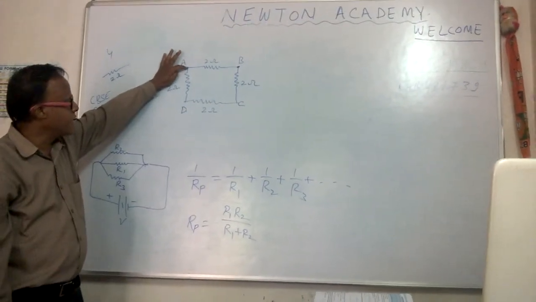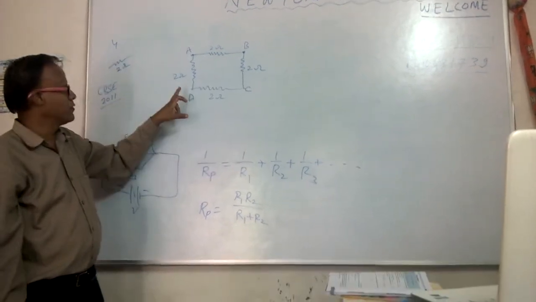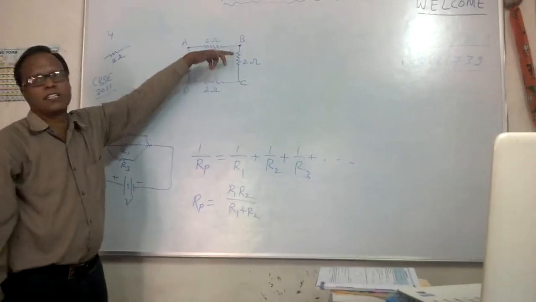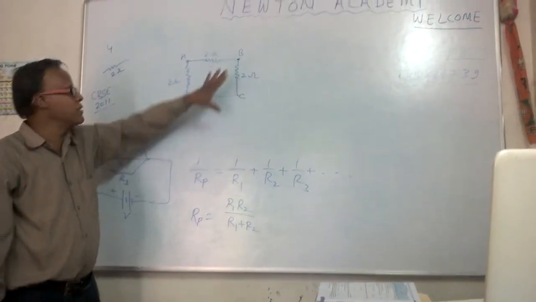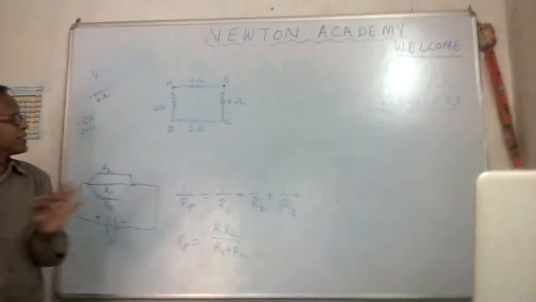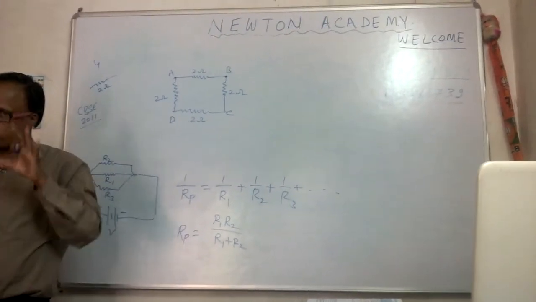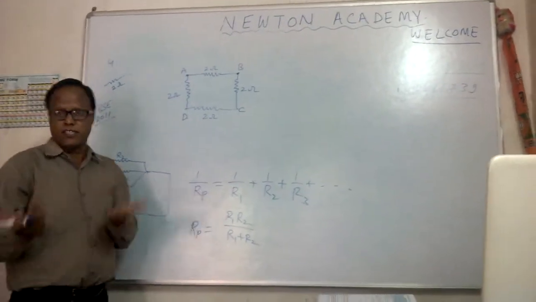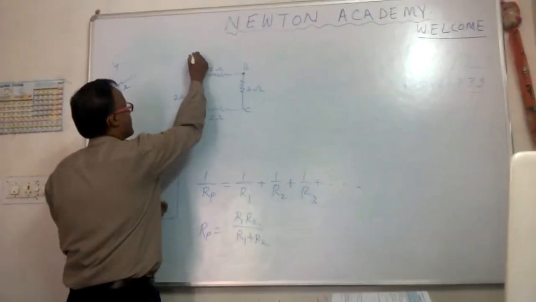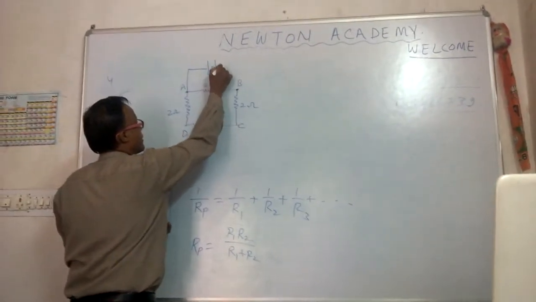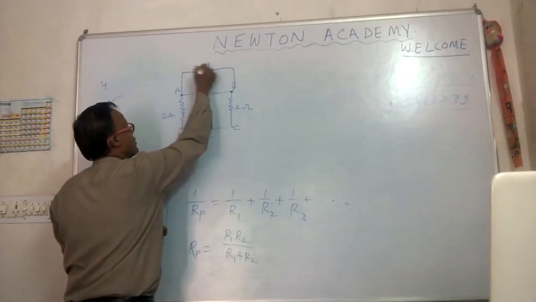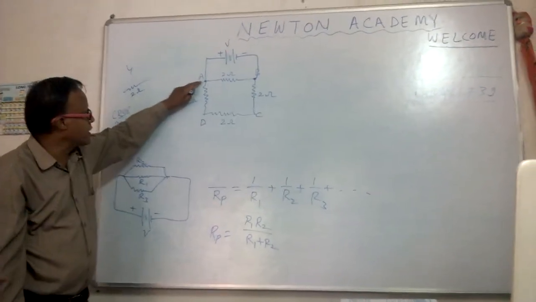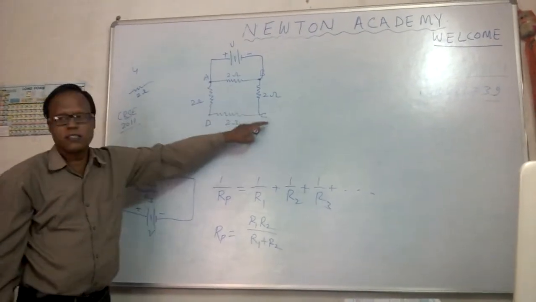In this case, A and C or B and D, जहां भी आपको चाहिए, the battery will connect between these two terminals. It is not necessary to connect it here because we are not interested in calculating I. But if we are interested in calculating I also, then we need a battery. So in this situation, the battery will connect between it. This is an extra point. But in the case of opposite corners, we connect the battery between A and C.